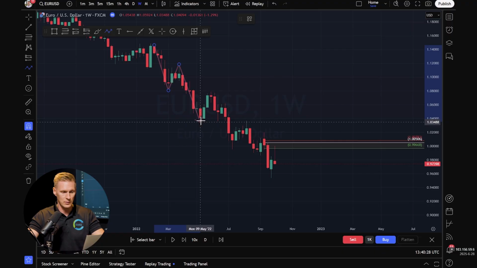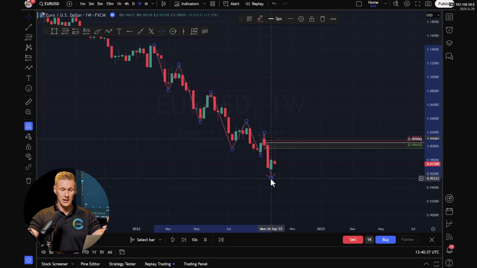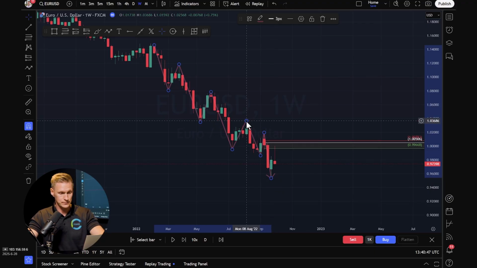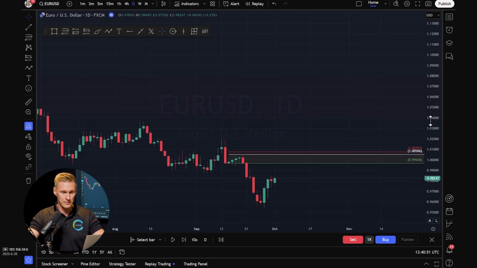Lower highs, lower lows, lower highs, lower lows, lower highs, lower lows, lower highs and new lower lows. And we are looking for a short opportunity, okay? Meaning we will trade the trend. We'll follow the trend. That's great. I'll remove this. And I'll go back to our lower time frame